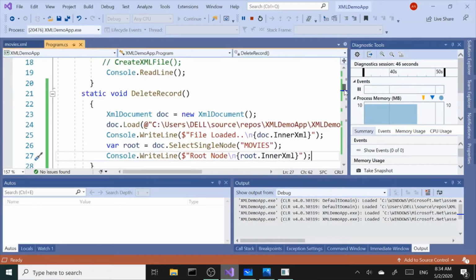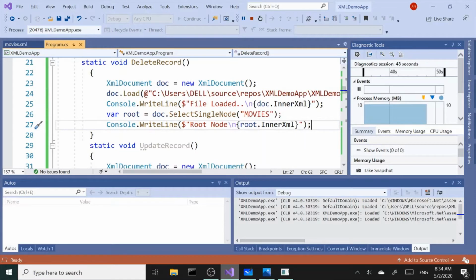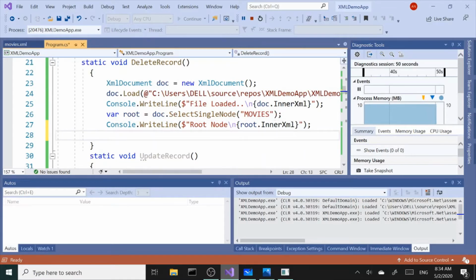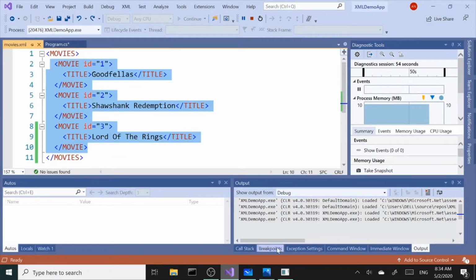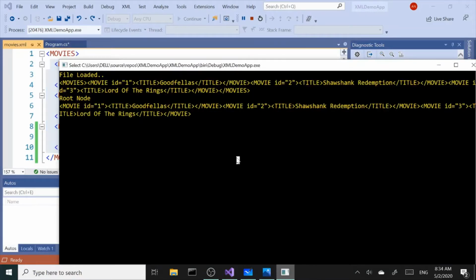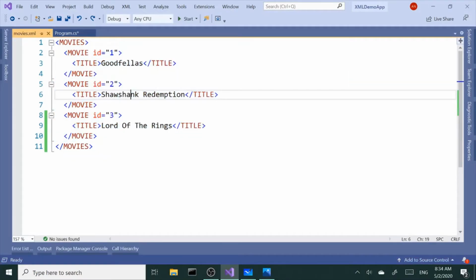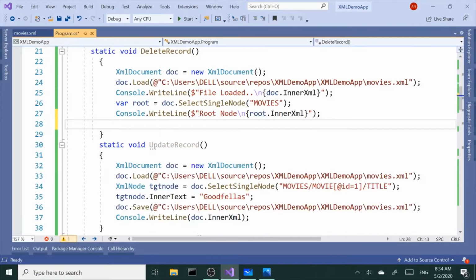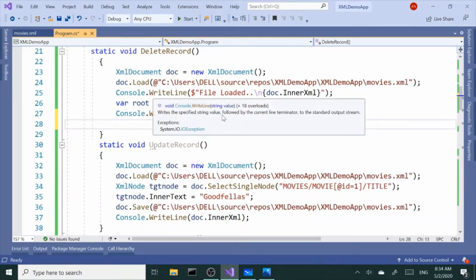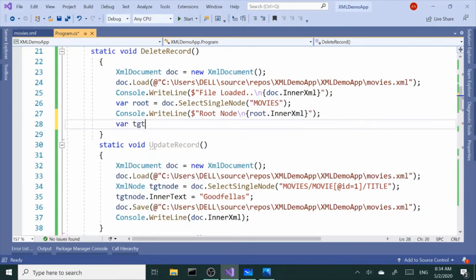Okay, next we want to select our target. Let's decide which one we want to delete. Oops, I'm still running. Okay, didn't realize this was still running. All right, let's close that out. Let's say we want to delete the last one, Lord of the Rings. Let's select that. So I'm going to say var targetNode equals,